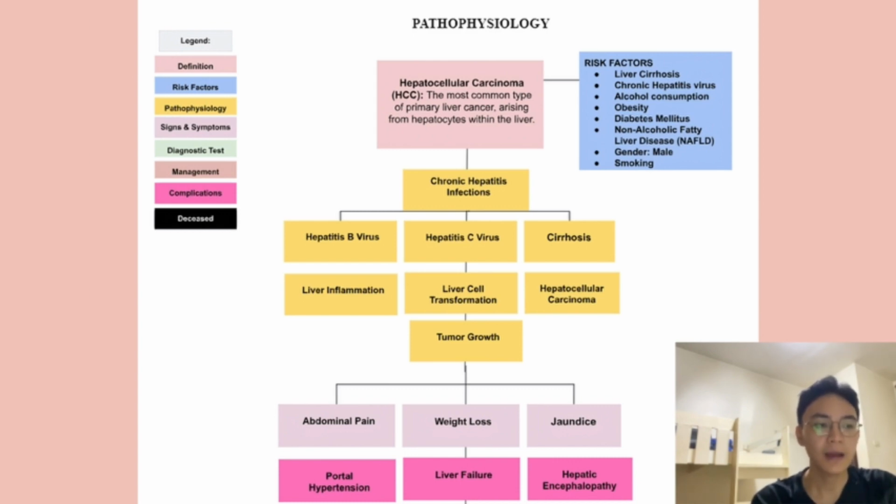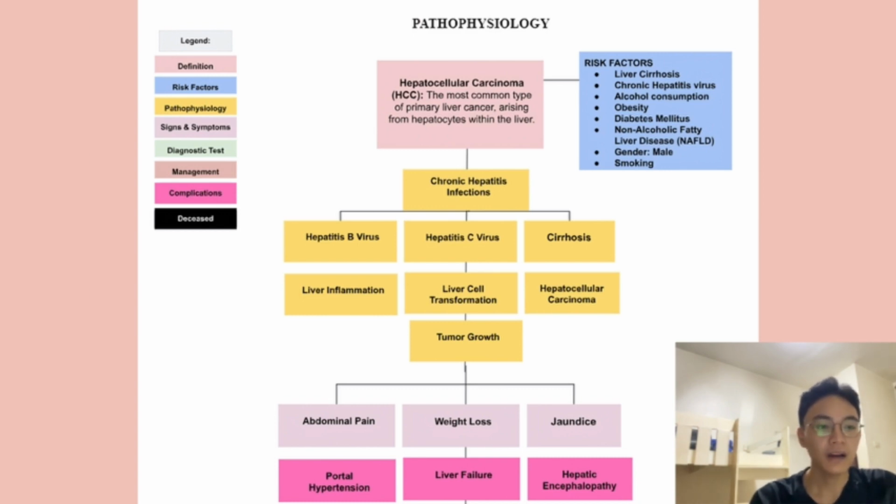The cancerous hepatocytes proliferate uncontrollably, which forms nodules or masses within the liver. The tumors may be single or multiple. This will invade the surrounding liver tissues as they grow. So as the cancer grows and invades the tissues of our liver, the cancer cells can infiltrate nearby blood vessels, which includes the hepatic artery and portal vein, which promotes further tumor progression and metastasis,